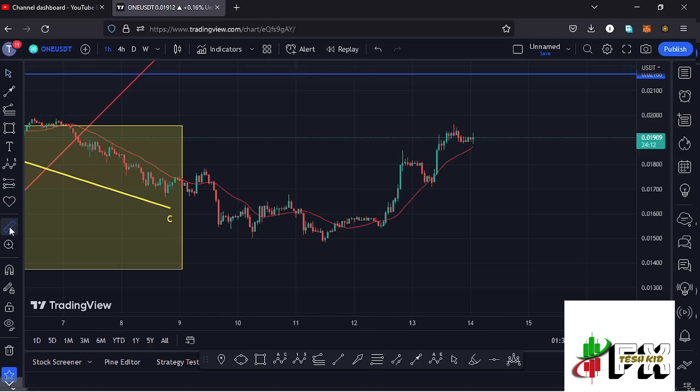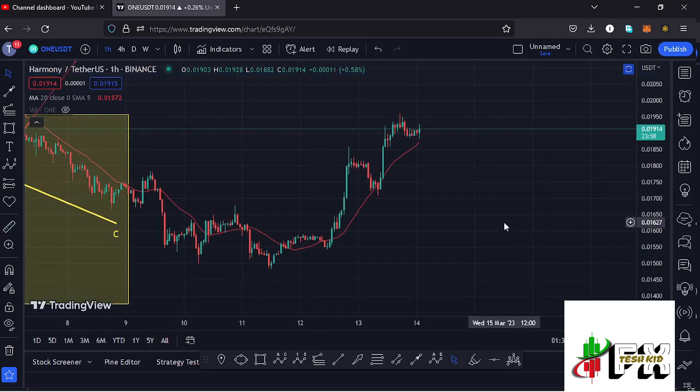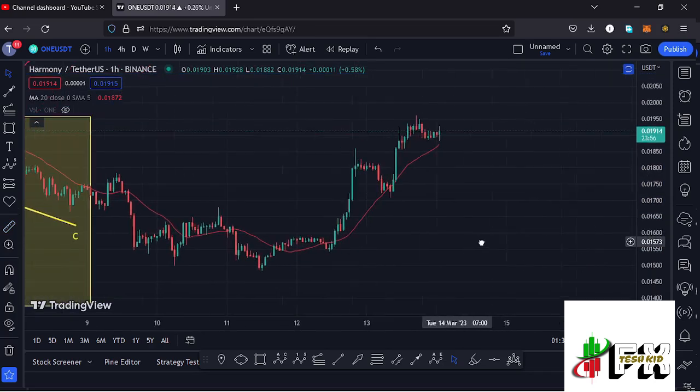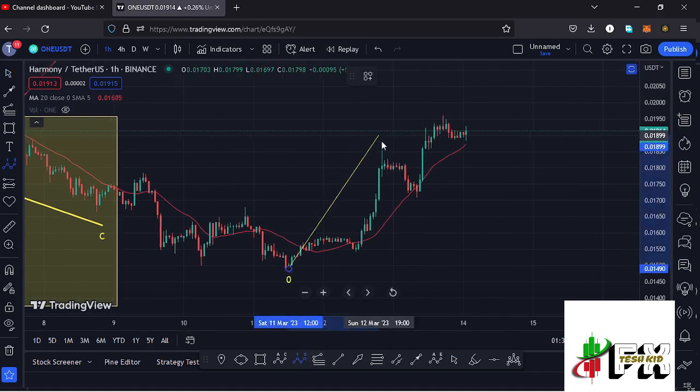And by first giving you a measure from this low in the formation of this wave 2, you can see that the market is up by more than 32.37%, which is a very nice bounce to the upper side. And drawing out the Elliott wave structure, which is a microwave within the formation of that larger Elliott wave count 3, we can have this as the first wave to the upper side, giving us a peak at around the $0.01857 mark. Then we saw a corrective structure in the formation of that wave 2, and I believe that whatever